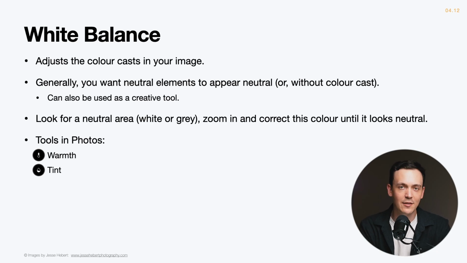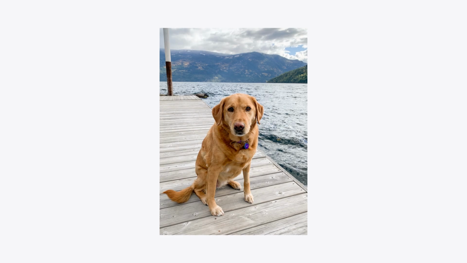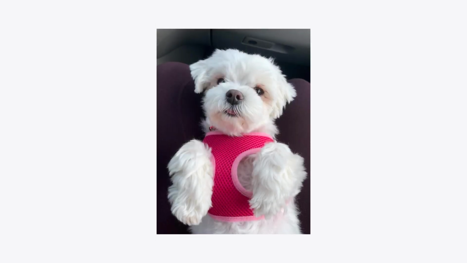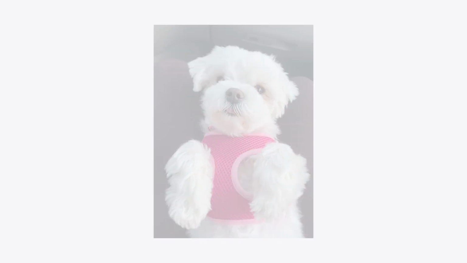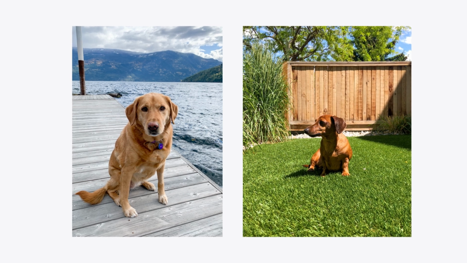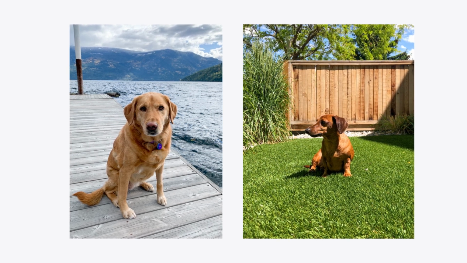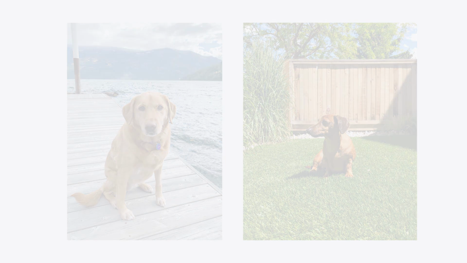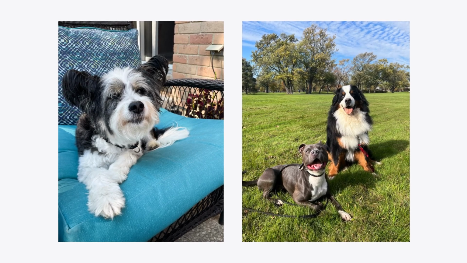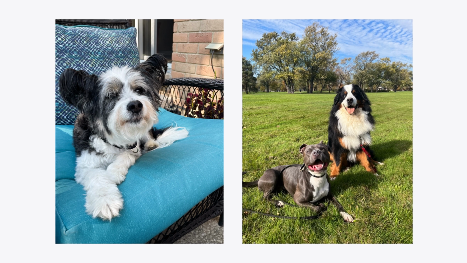The white balance editing process adjusts the color casts in your image. Generally speaking, you want the neutral parts in your image to appear neutral or the whites to appear white. With that being said, white balance can also be used as a creative tool. I'll commonly skew my images a little bit warmer under bright daylight and a little bit cooler under softer cloudy light. I find that this color cast generally just suits these different types of light a little bit better than